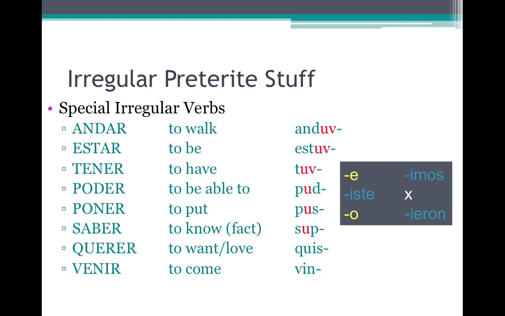All of these, remember, they were special because not only did they have the irregular stems, but they also had this group of mixed up endings. Remember? The yo form, the e, and the he, she form, the o, those are the AR verb endings, and then the rest of them are the ER, IR verb endings. So those mixed up group of endings. These we can't forget about. Okay, lots and lots to remember. And by the time you get to Spanish 4, you're still going to have to know them because we think about the preterite to make another tense. So it's really important that you